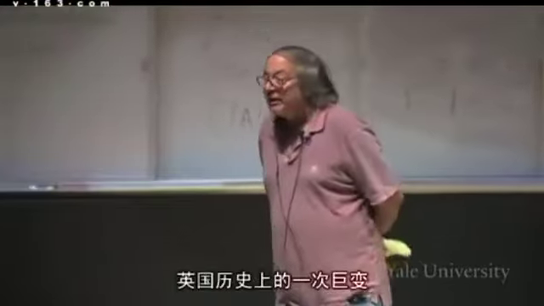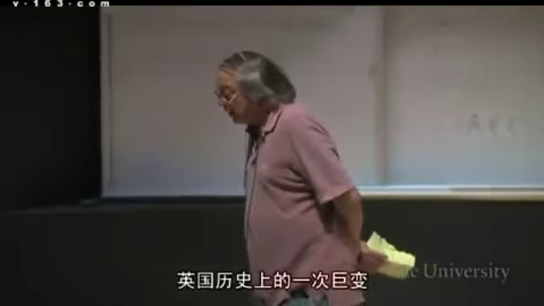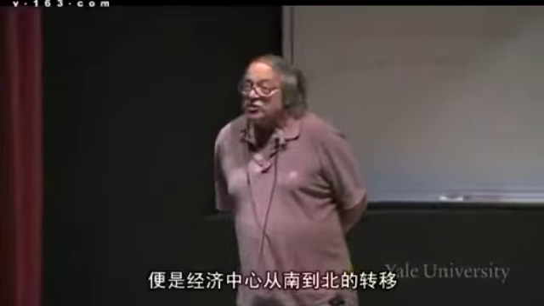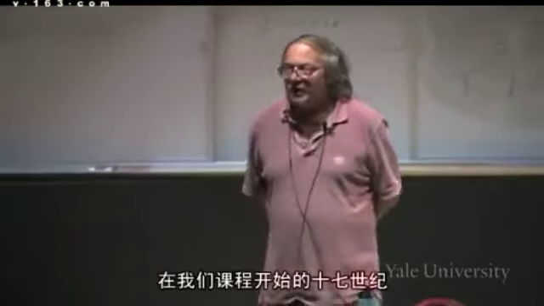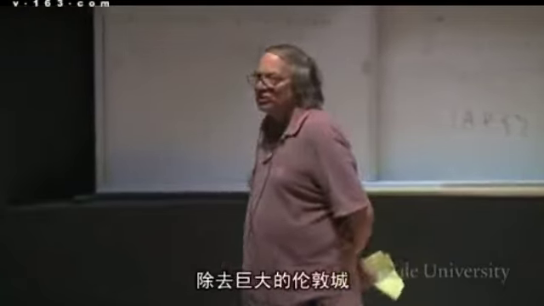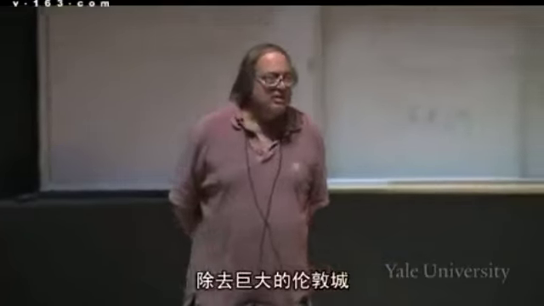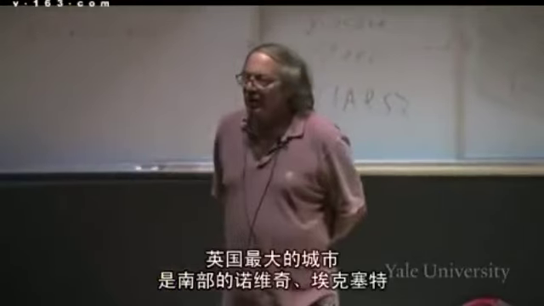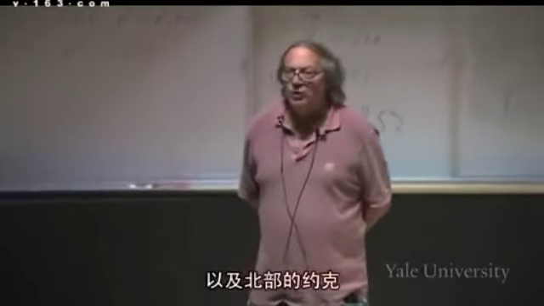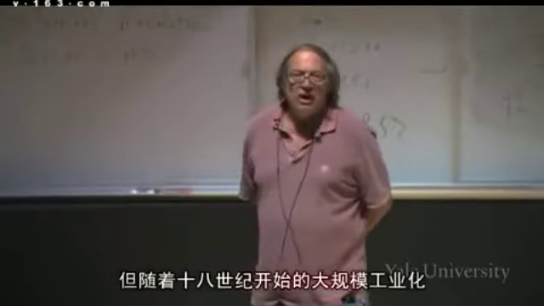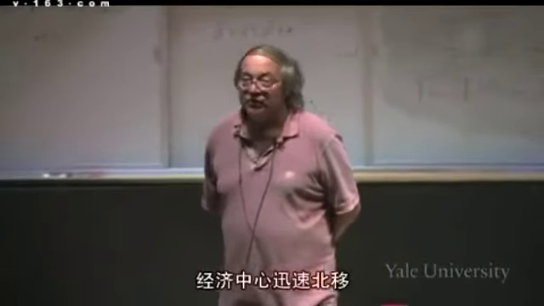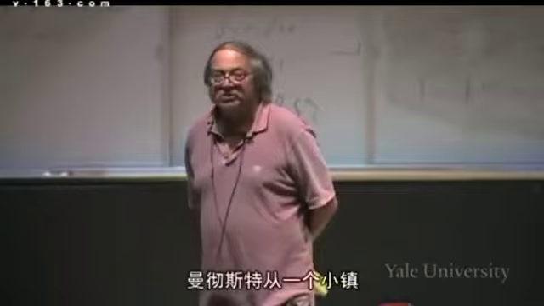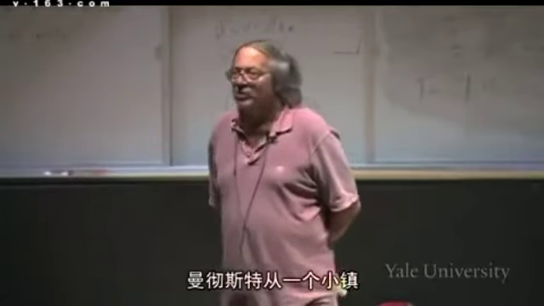And one of the great shifts in English-British history that you become aware of is the shift of economic dynamism in England away from the south to the north. At the time we're starting this course in the 17th century, besides London, which is this gigantic place, the biggest cities in England were Norwich and Exeter, and then York in the north. And of course, with large-scale industrialization, which begins in the middle of the 18th century, you'll see this dramatic shift up to the north. And then, of course, Manchester, which was a small town, becomes this enormous city, and Liverpool